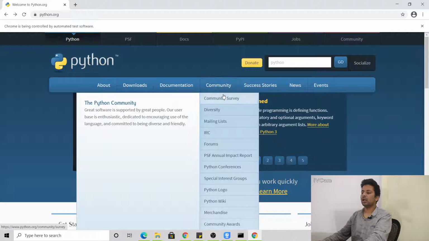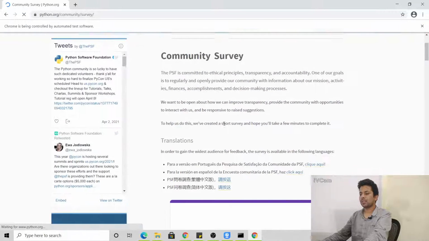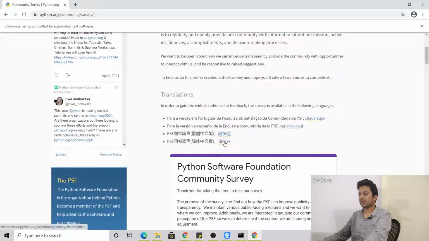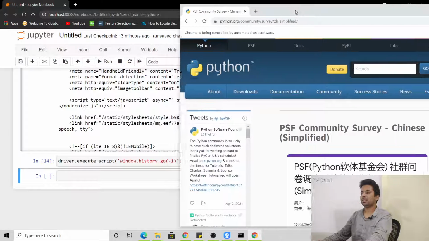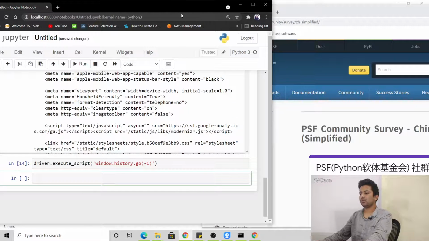So suppose, let me show you, whatever the value will be, it will go that much previous. So in the community survey we got, okay, now we came here. Now suppose we want to go 2 pages back. This 2 pages back was the Python home page.